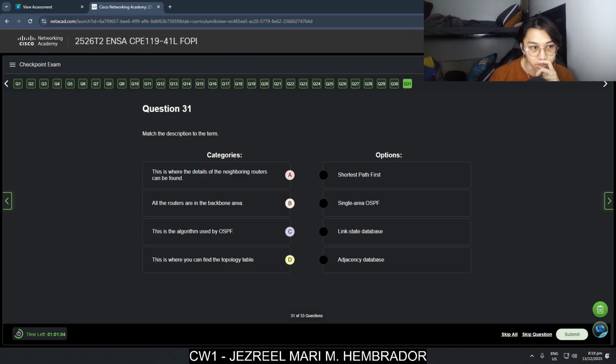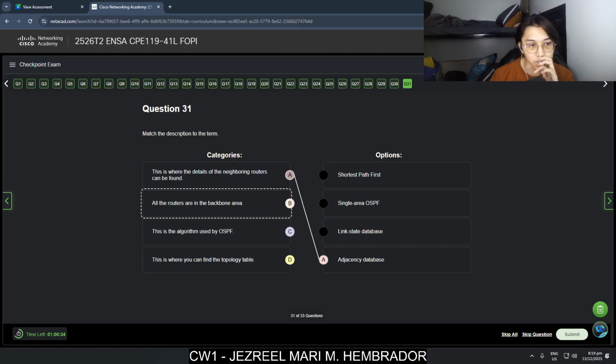Match the description to the term. This is where the details of the neighboring routers can be found. This is for the adjacency database.